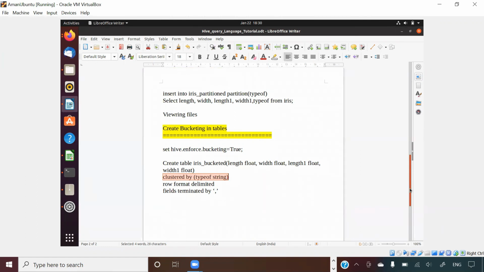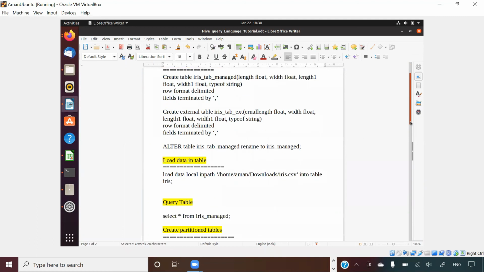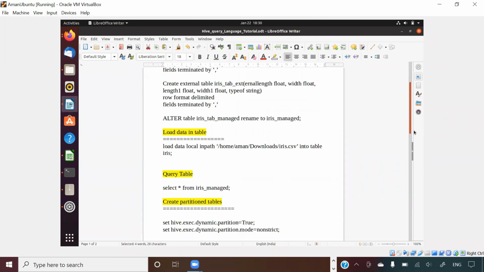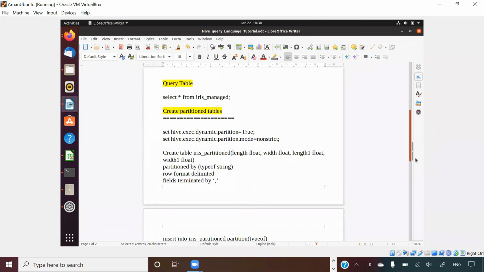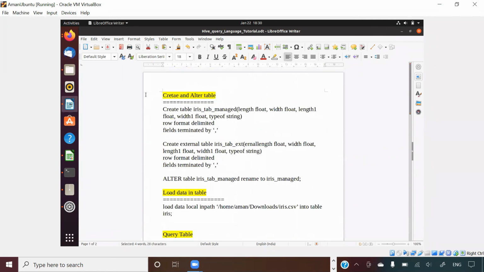So what all did we learn, guys? How to create a table in Hive, how to alter it, create managed table, create external table, very important. The difference between them, how do you load data, query anyway it's a SQL query, so not a big deal. How do you create a partitioned table, what is the advantage of partitioning, and a little bit about bucketing. I hope you learned all these concepts, guys.